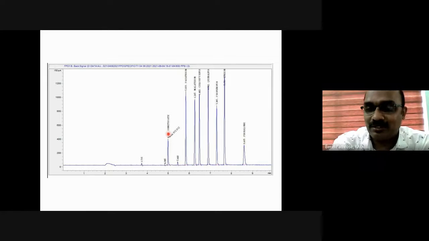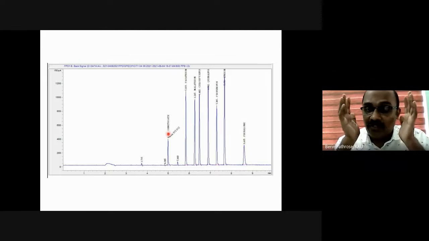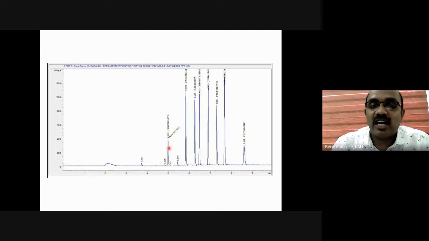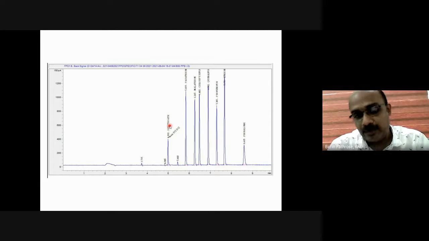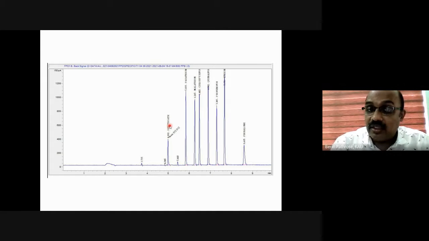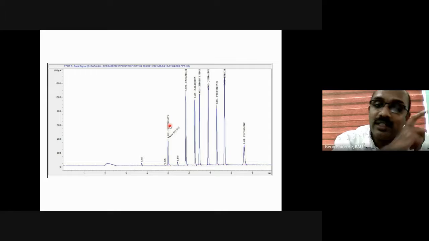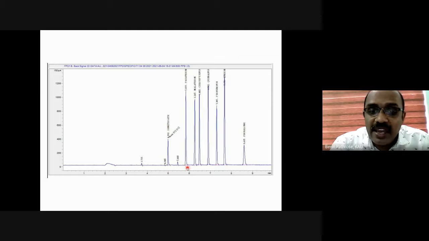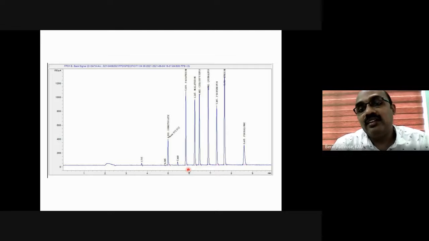5 meters we have removed. So that's why, if everything remains constant, then we can say that at 4.99 minutes, if we have a peak, it is due to dimethoate. So that is qualitative. Then quantitatively, we have to measure it. That's why I told you, any detector should give qualitative as well as quantitative information. So this area, you can see the area of the peak is a function of concentration.